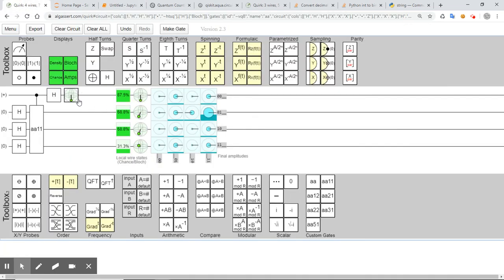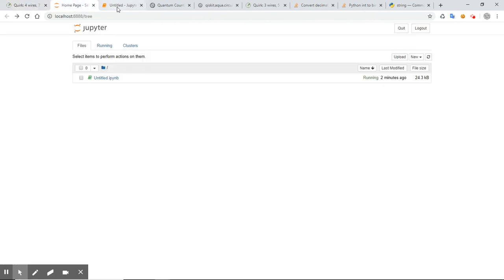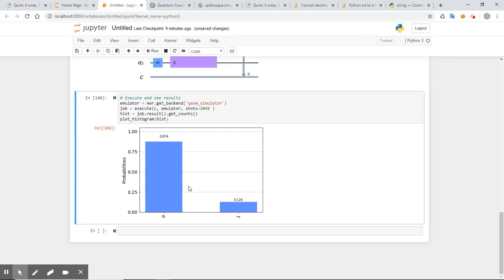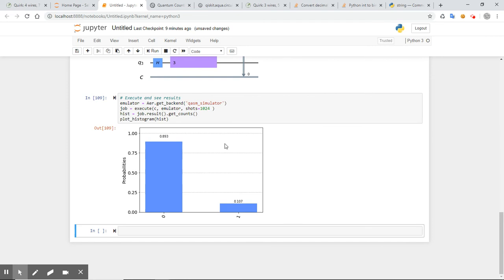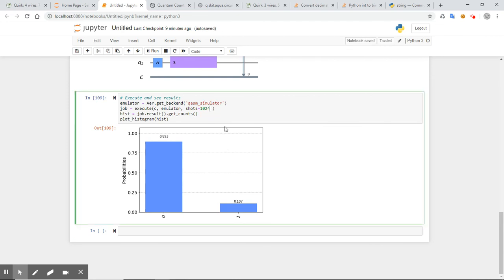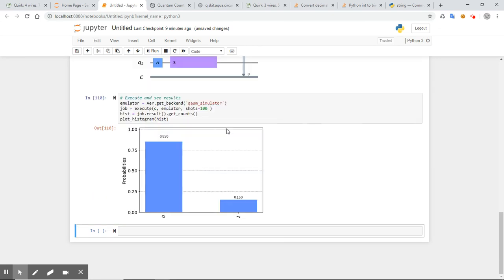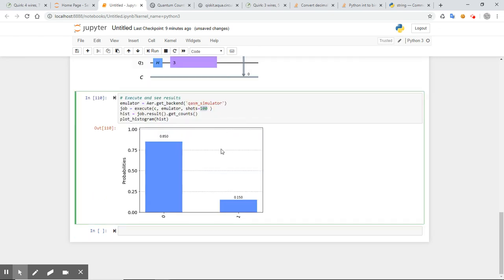It seems to be the opposite. I don't know why. It seems to be the opposite. If I do 1024, it doesn't change much, right? But does change again. If I do 100 shots, if I do 8,000 shots,